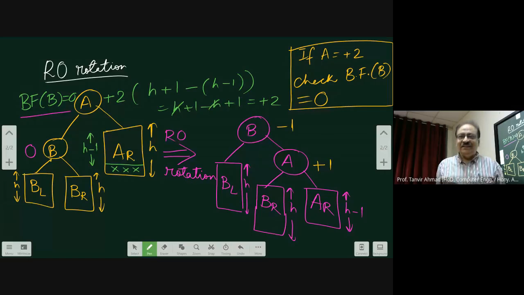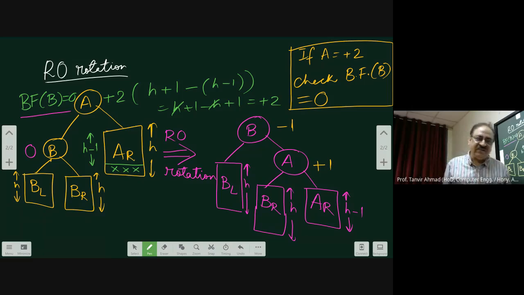Because see, this is a little tricky, because in other cases you were only doing LL and checking the left branch. In other cases, you were taking RR, and checking the right branch. But here, you are deleting in the right branch and checking the left branch. And similarly, every rotation will be similar. What is R plus 1? It is deleting in the right branch when the balance factor of B is plus 1.